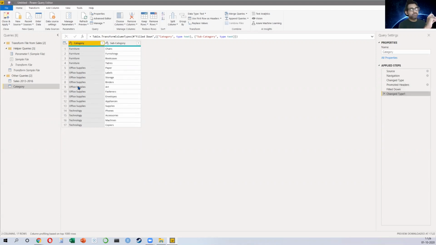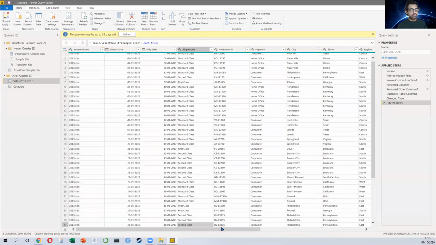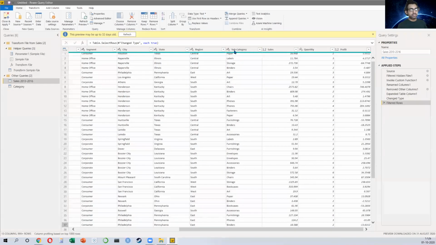Now the question is, fine, we have the sales data, we have the category data, but I need to get these category names. See, here I have all the subcategory, but I also need to know the category, right? That's how I can do my analysis. Now you will say, but Havish, what is the point of doing all this? At the end, you have to do a VLOOKUP. I agree with you. If you want to do what we call a merge, it's not called a VLOOKUP. We're working with a database, so we call it a merge.